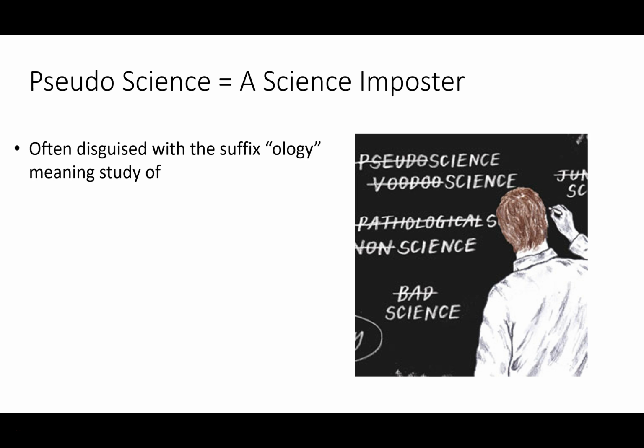So the O-L-O-G-Y suffix has been stolen. I like to tease that when the science of astronomy began to develop, astrology was already taken, so they had to call it astronomy. Okay,